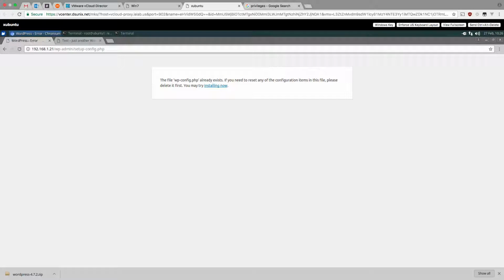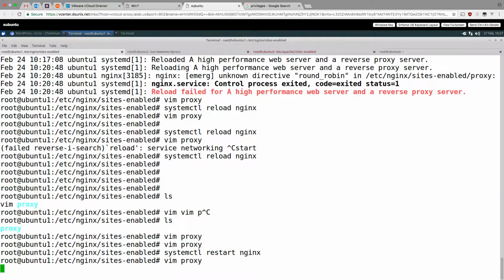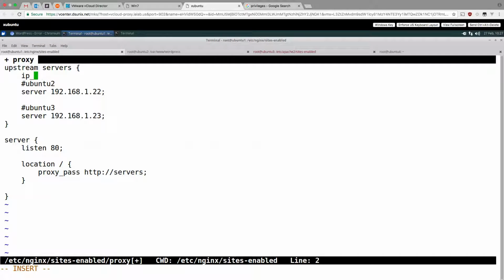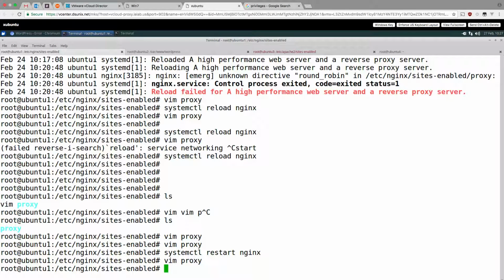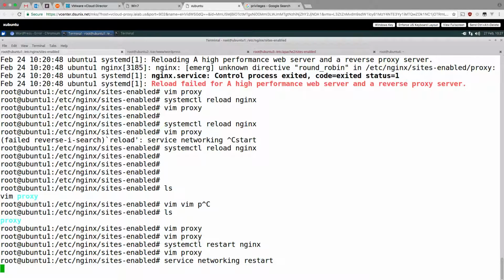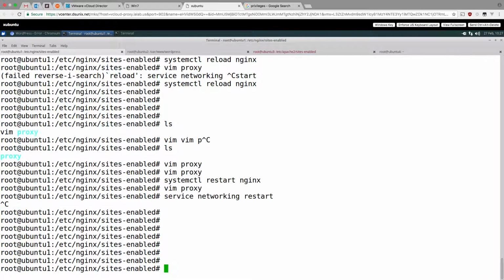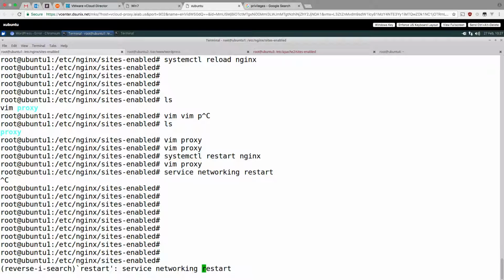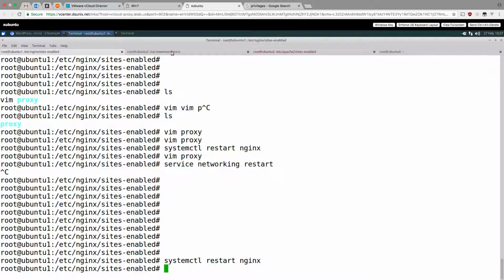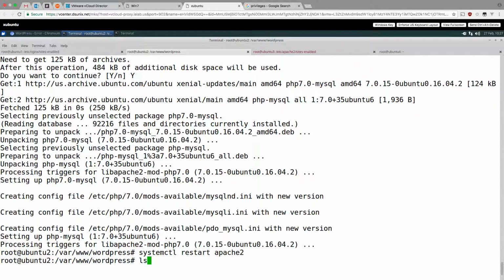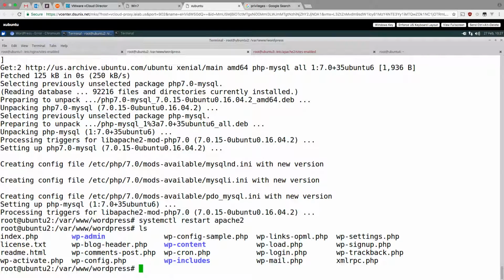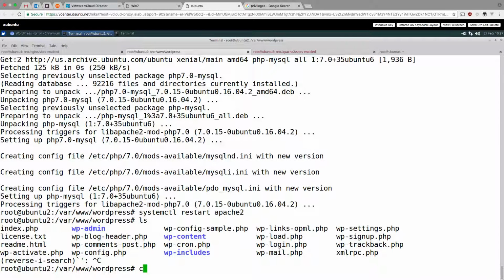So to finish all this off, we're going to just turn back on IP hash so things are nice. Restart again. No, not networking restart. No. Okay, good. Nginx. Okay. So before doing anything else, we're going to change our permissions back to owned by root so things don't get messed up. So chown -R root root,